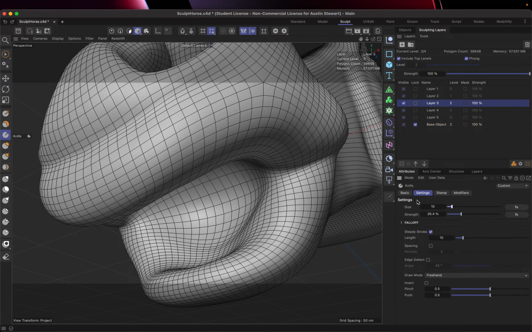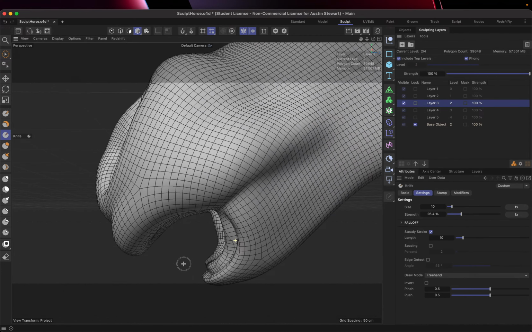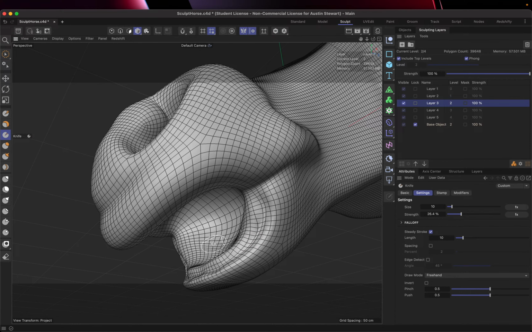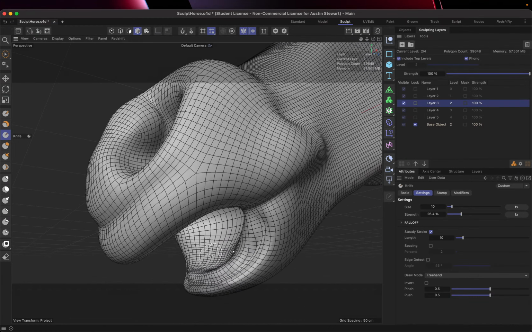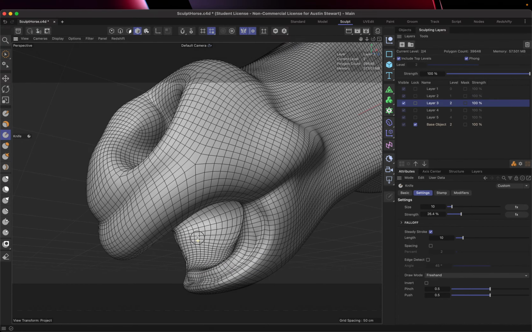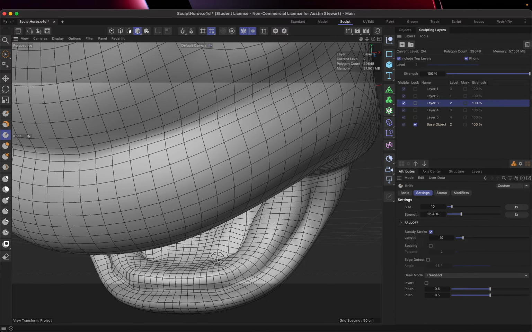Fantastic. I'm going to reduce the size on this brush to 10. And I'm going to come in here and go ahead and make an edge here, right? Which is going to give me some division between lips and what could either be a gum bed or teeth, right? And then in the mouth, I'm going to want kind of the same thing to happen. So I'm going to go ahead and cut in here as well and see if I can get a little bit more, a little bit stronger